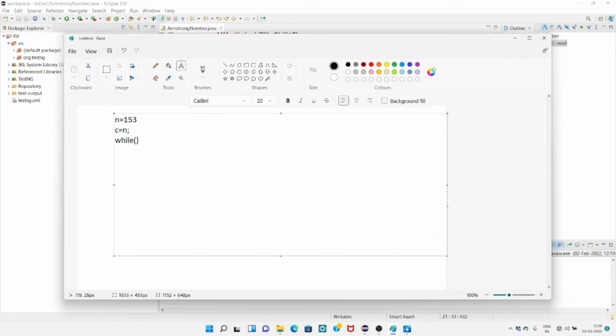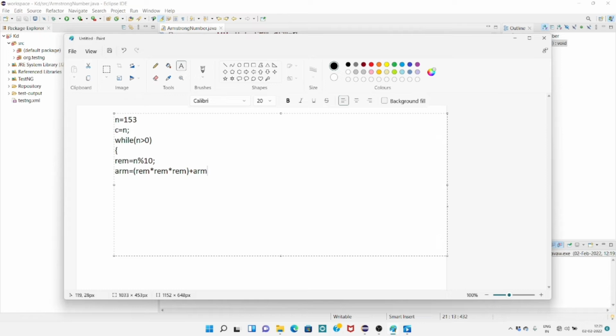Inside the while loop there is one condition, that is number should be greater than 0, and inside this while loop I am using remainder equals to n divided by 10, and again multiply remainder 3 times, that is remainder into remainder into remainder, and here it is added